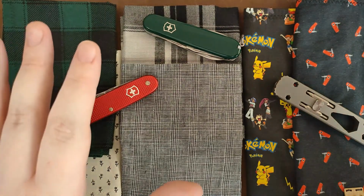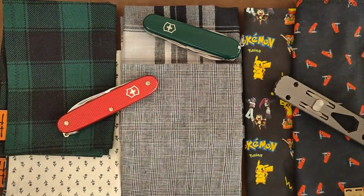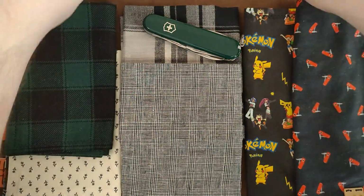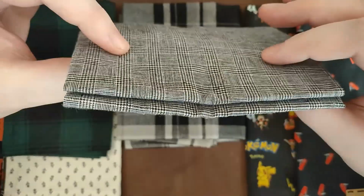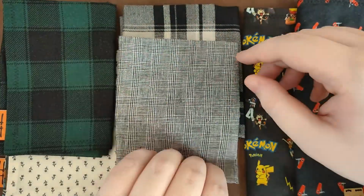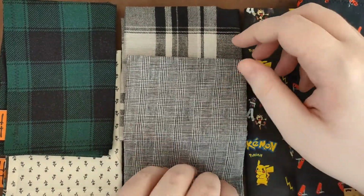We're going to take a look more specifically now at the handkerchiefs that I have, just to give you some inspiration, maybe interest you in some brands, and also show you perhaps some things you might not be aware of. So this, first up, these came in a set. It was actually a 3-pack, and the other one is in one of my EDC bags. But these are just simple,